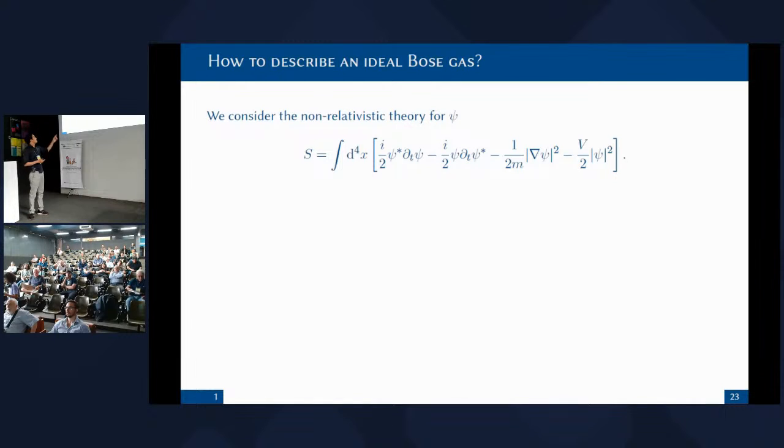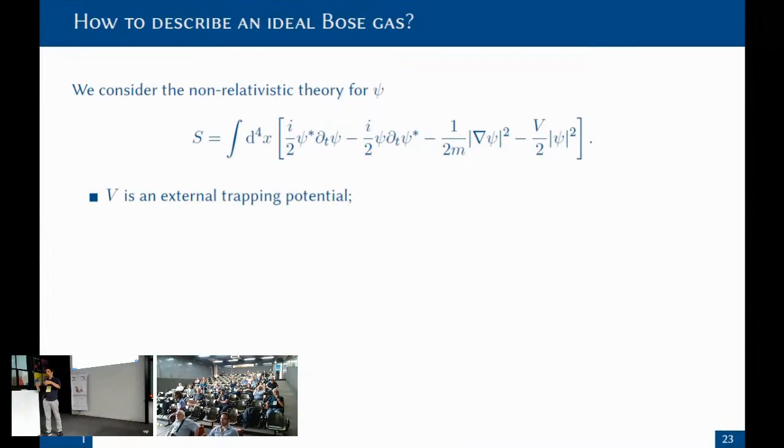Our variable is this psi function, which is a complex function. The function V that appears in our action is here to model the walls of our box. So a box trap or a harmonic trap or anything that you want. Just put it in and solve the field equations. This theory described by that action has a global U(1) symmetry. It is invariant under that